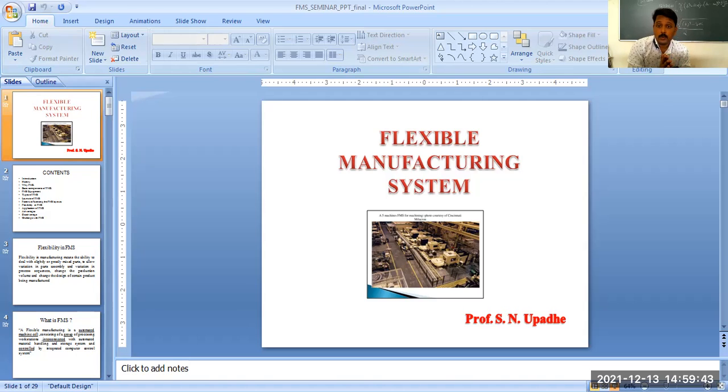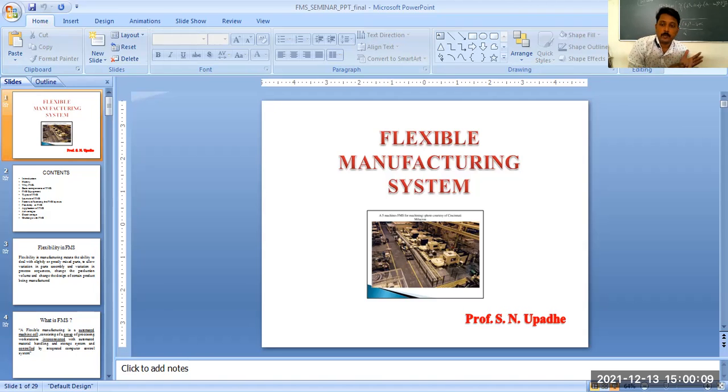This is how batch type production works. Mass type production is a continuous type of production where one or two or very few types of product mix are used for manufacturing. In the second type, we manufacture the products in batches, one batch, two batch, three batch, as per the requirement.